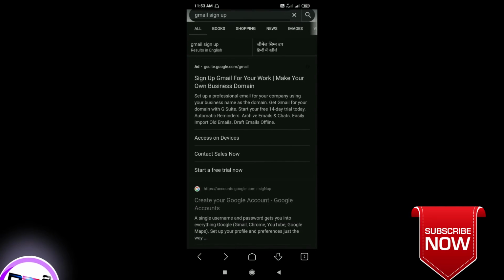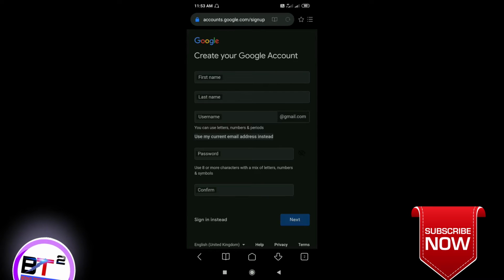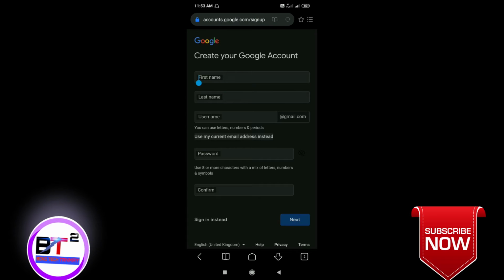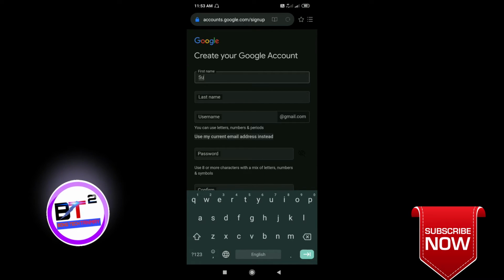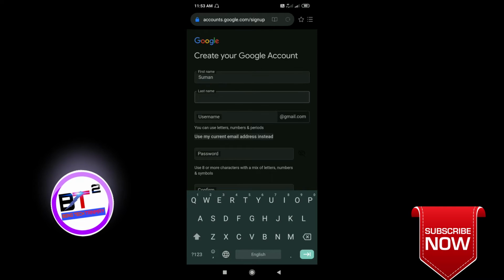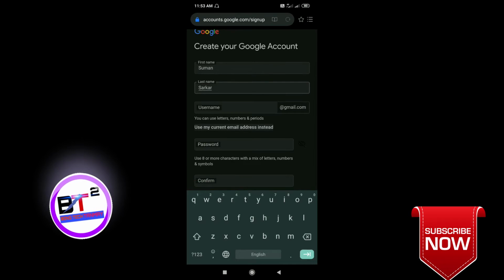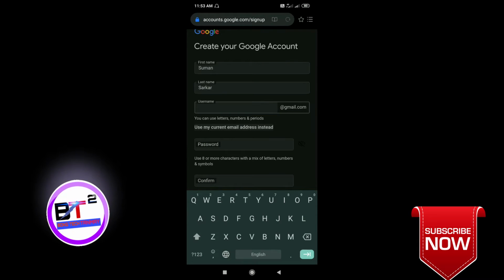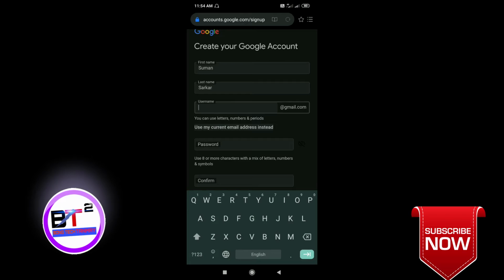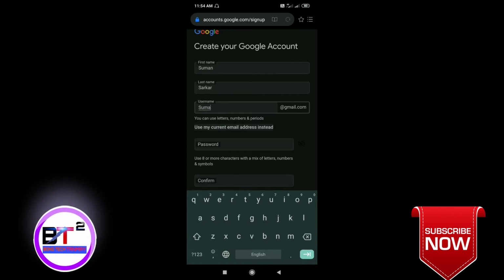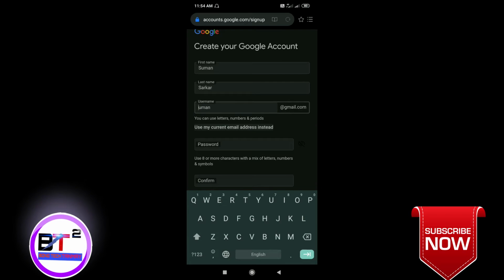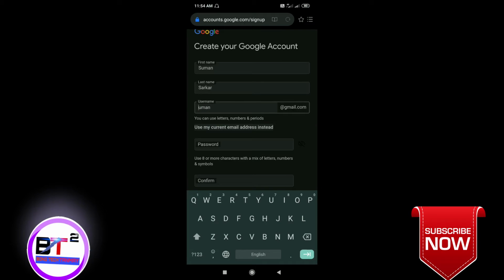Then create your Google account, and there is an option for first name. I put a name, first name and last name, and I should choose a username. All letters are small letters, no alphabetical letters are